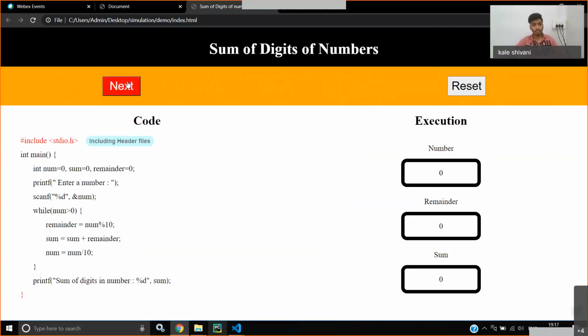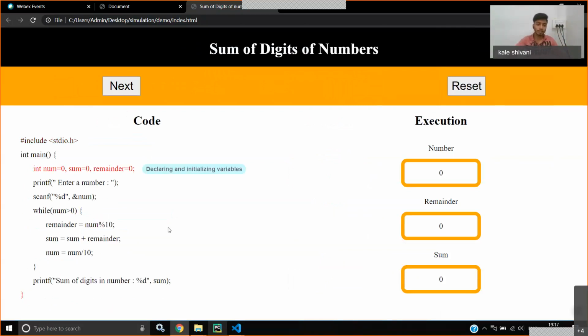Okay. So that's how you can develop a virtual lab. This is a simple example. Any doubt till now? Any doubt? You can post your question in the chat section. If no one has a doubt, you can say no. Then I'll show you, if you allow us, how you can make your web page responsive.